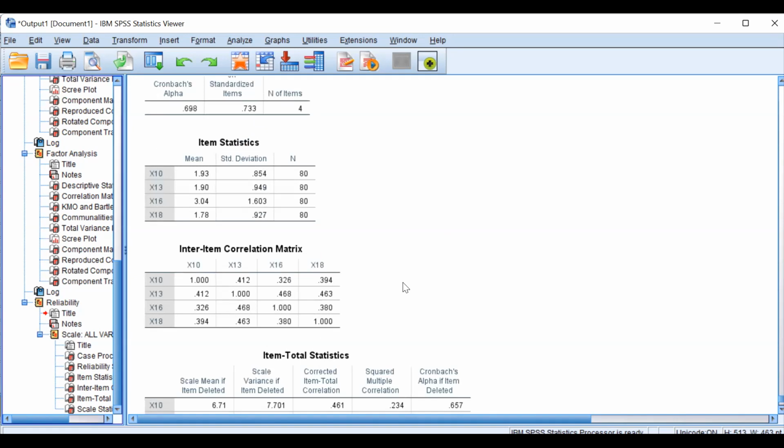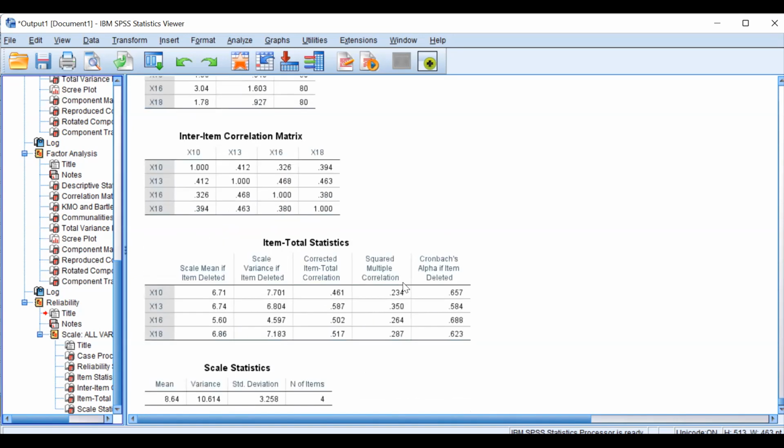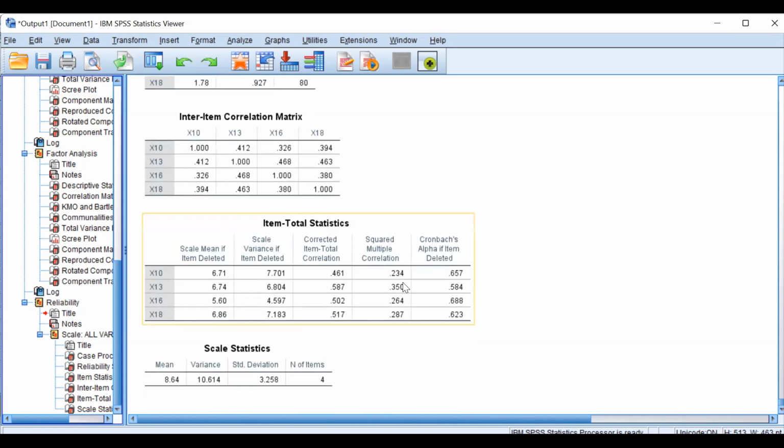Now here comes the 4th criteria. As I said, sometimes you need to drop variables. When you need to drop variables, what is the basis? First basis is communality. Second, low loading. Third, cross loading. And the fourth is this Cronbach's alpha criteria. And how is this criteria used? You are basically talking of